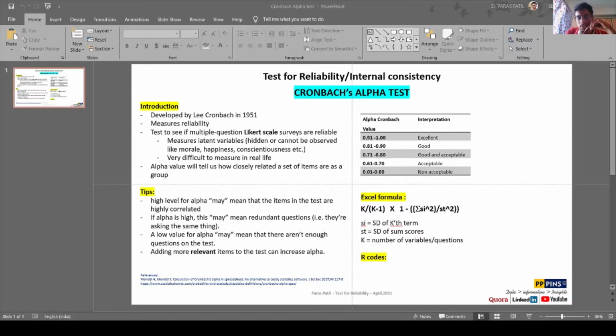Researchers can do this calculation of alpha with very few clicks in statistical software like SPSS. However, these statistical software packages are costly and may not be accessible to everyone, and it is really not required for a student to purchase statistical software to perform a Cronbach alpha test.